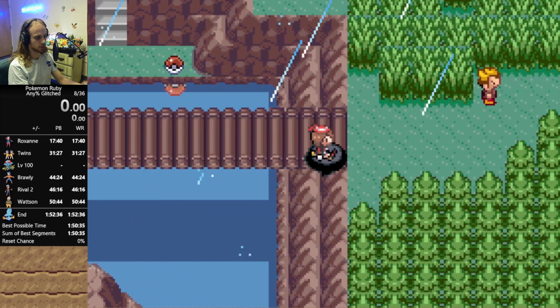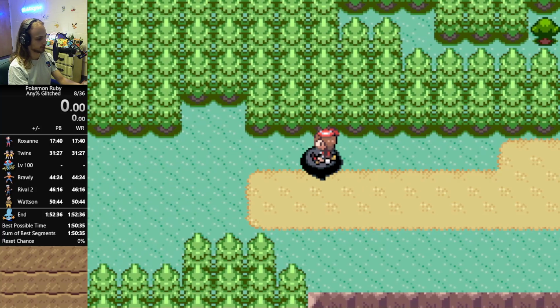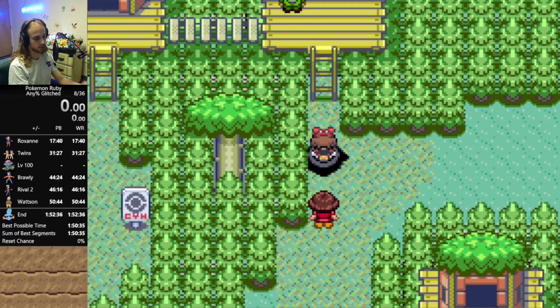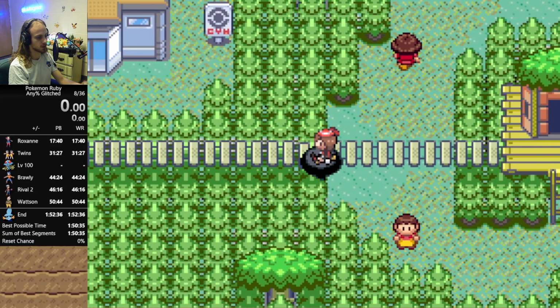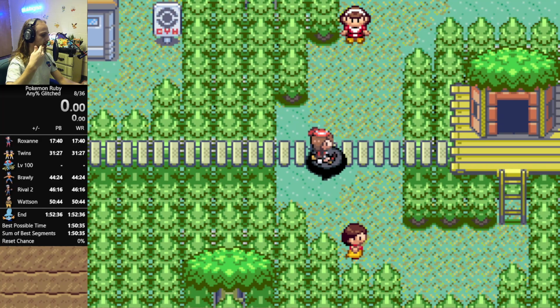And now we are surfing on land. You actually go full speed through the tall or the long grass, which is kind of fun. What you can do with land surfing, besides just being funny, is you can jump off of bridges when they go down to a lower